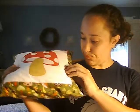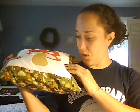It's a little applique mushroom on a white background. The white, actually, I think I have some of this white fabric. It's got like a little pattern to it. You can kind of sort of see. But the fabric is mushroom fabric, and it's really cute. Anyway, and on the back, I love the back because this just kind of gave me a great idea